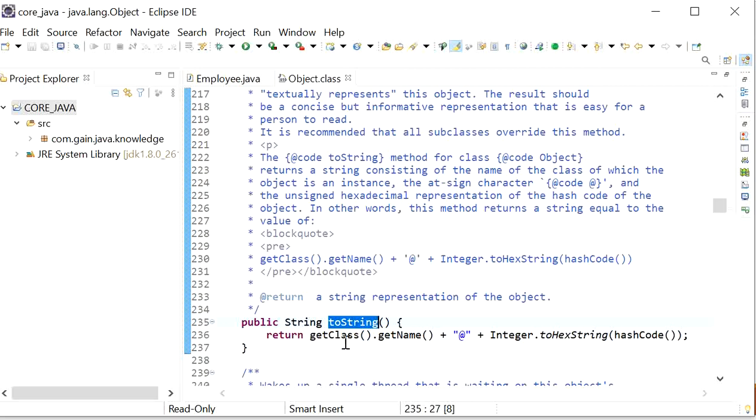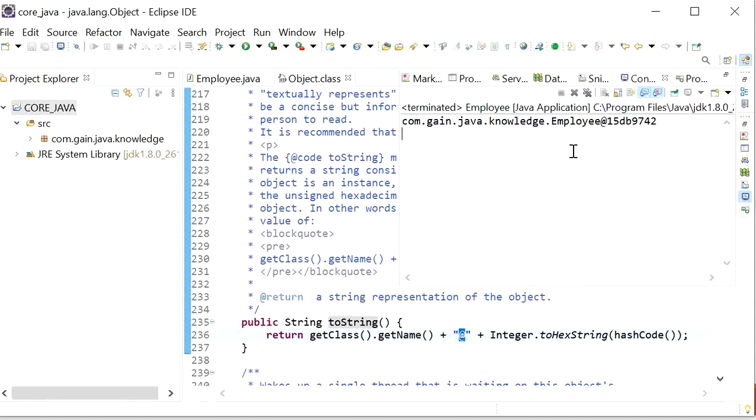It will return the getClass().getName(), then add the at sign, and then it will print Integer.toHexString of the hashCode value. So here it was the output, that is the class name, then the at sign, and then the hex string value.